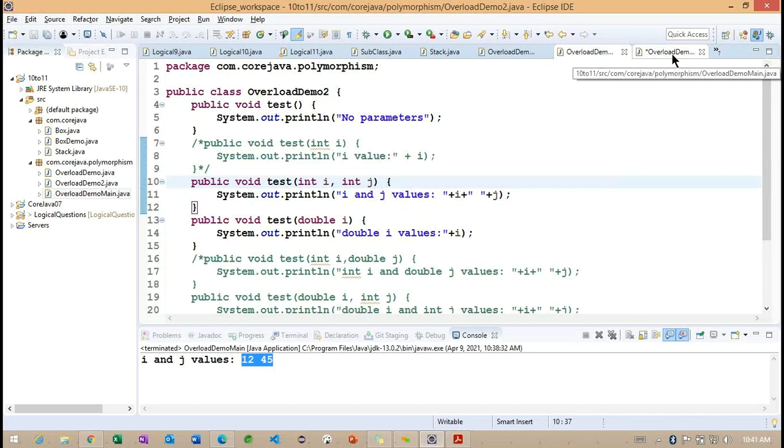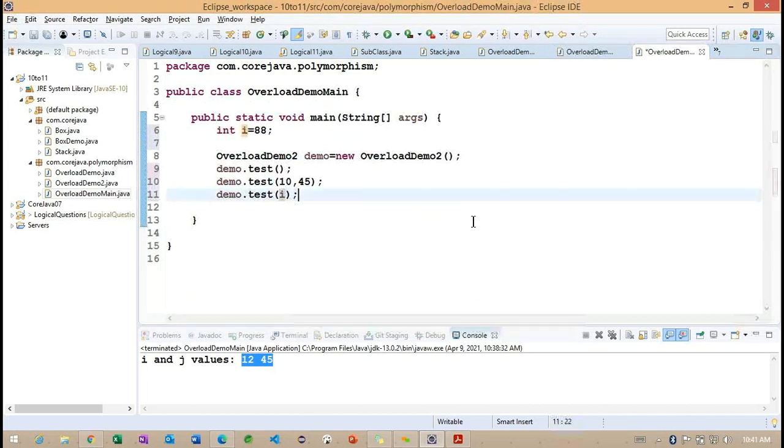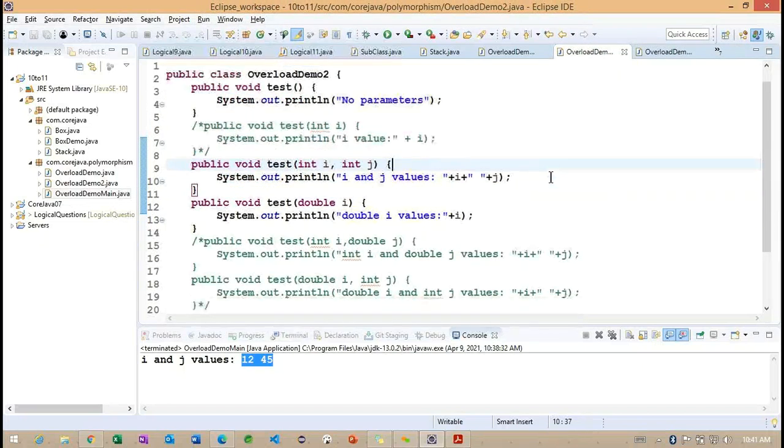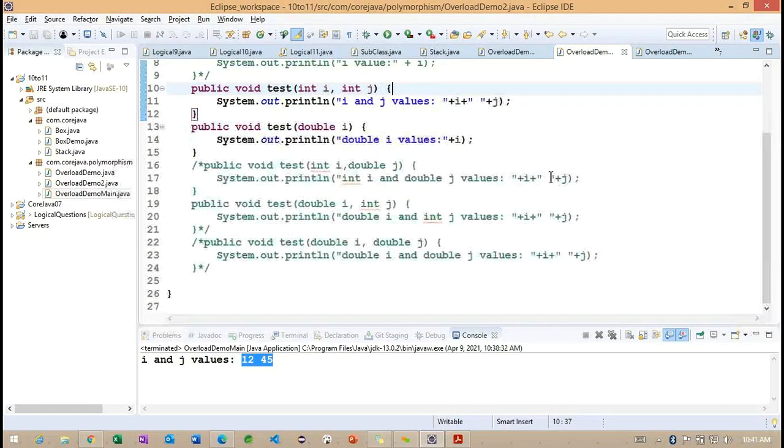Now, for this particular example, I'm going to get an error here. Which object are we creating?